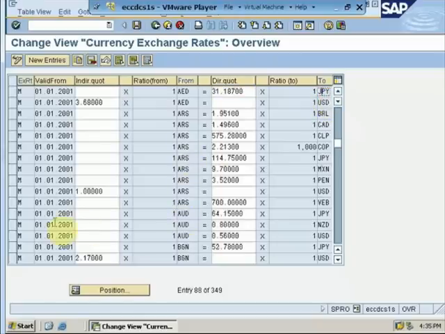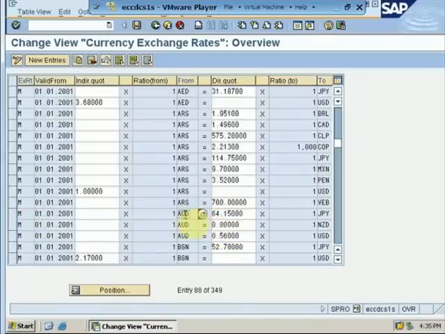Similarly, in another example, 1 Australian dollar is equal to 64.15 Japanese yen. So all these rates have to be defined against a certain exchange rate type, that is M.